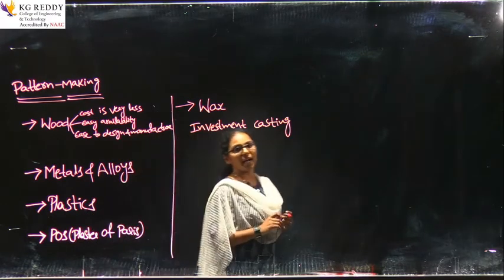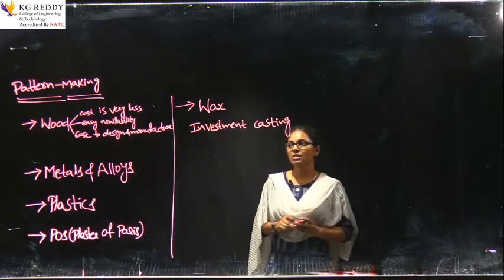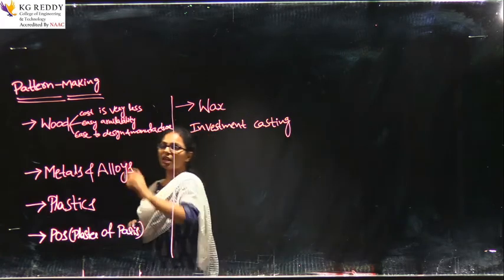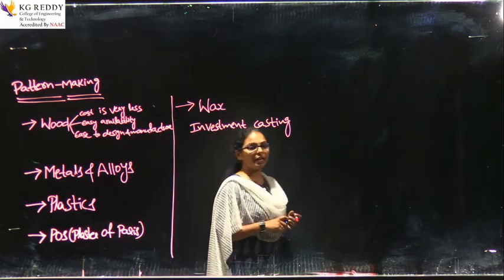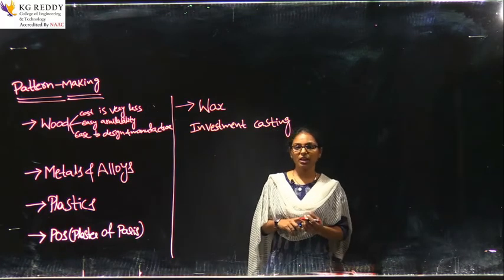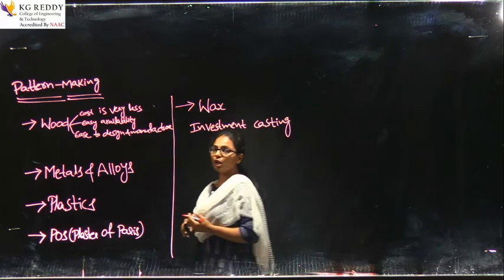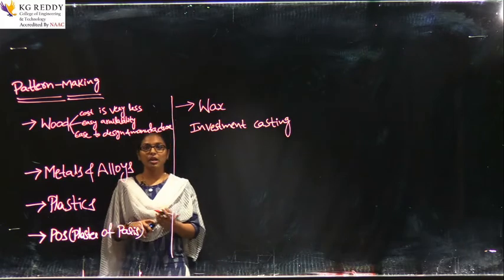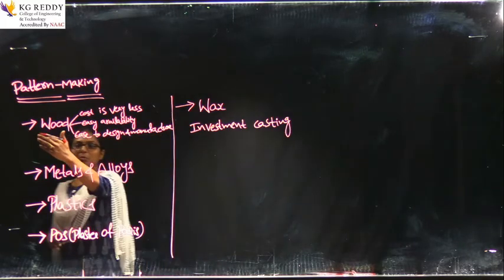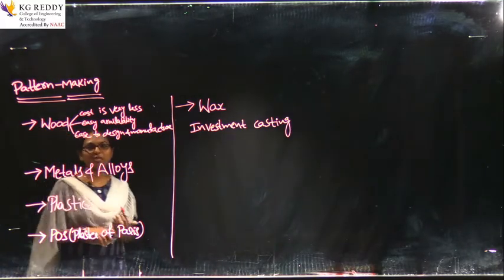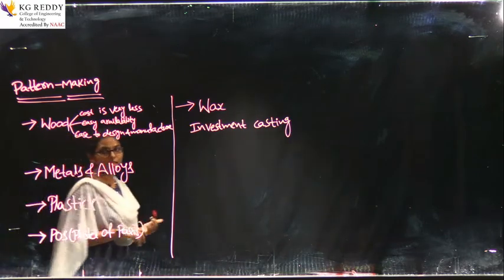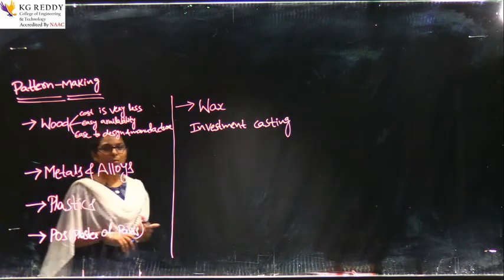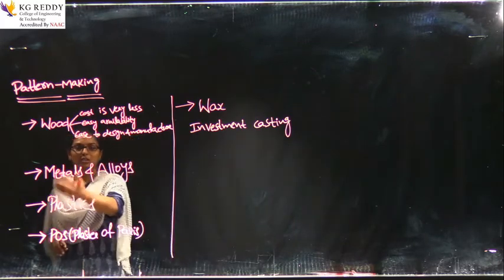So why is pattern making important? Which material is very easy to design and very easily available, and what is the cost of the material, and where are we going to use the component. For example, wood absorbs moisture. It is the major disadvantage of that material. Metal gets rusted. That is the disadvantage of the metal, and compared to wood, the cost of the metal will be high.